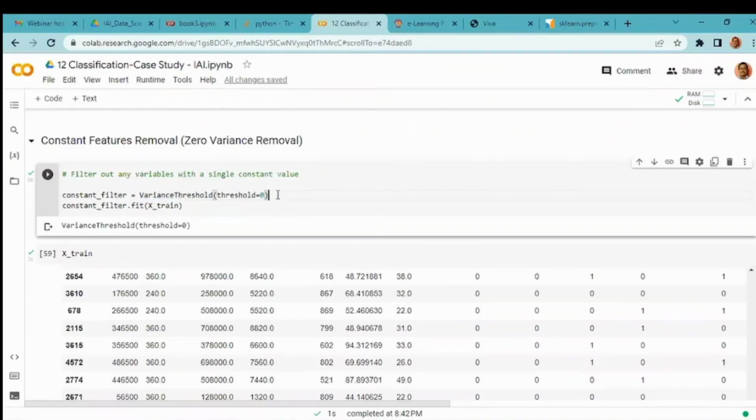And I would directly fit this to my entire X-train data. Here I'm trying to fit to the X-train data, the complete training data set. Here we are fitting and transforming the entire training data. So for that constant filter, I'm setting a variance threshold of 0, and I'm fitting it to the entire data. So once I fit this,